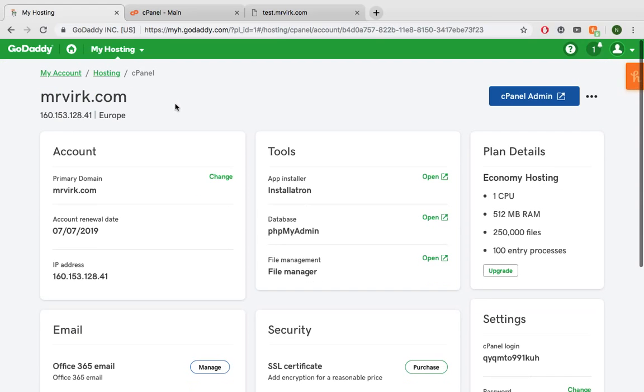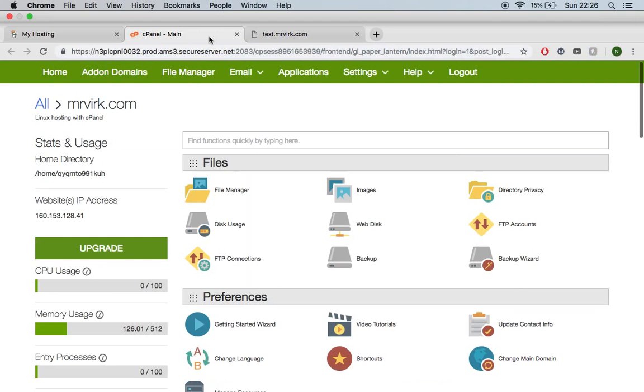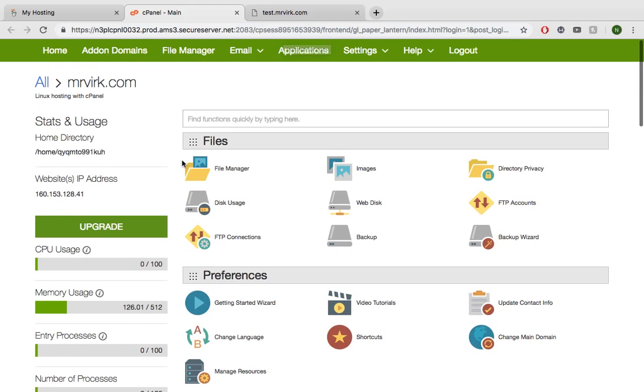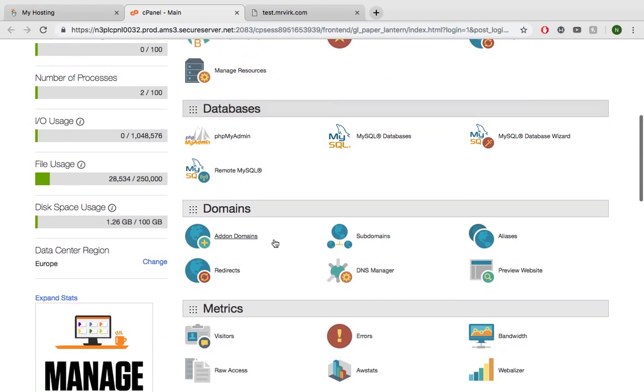First of all, I'm using GoDaddy for this purpose. My login is here, but useless until you have the password. Okay, let's go with the subdomain creation. Awesome. So once you're logged into your cPanel, what you'll have to look for is the domains part